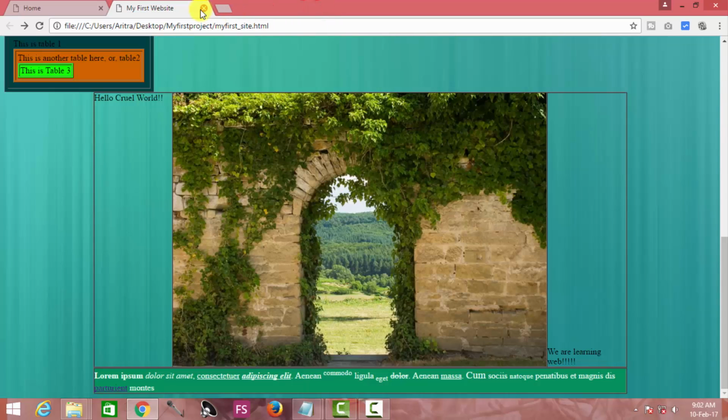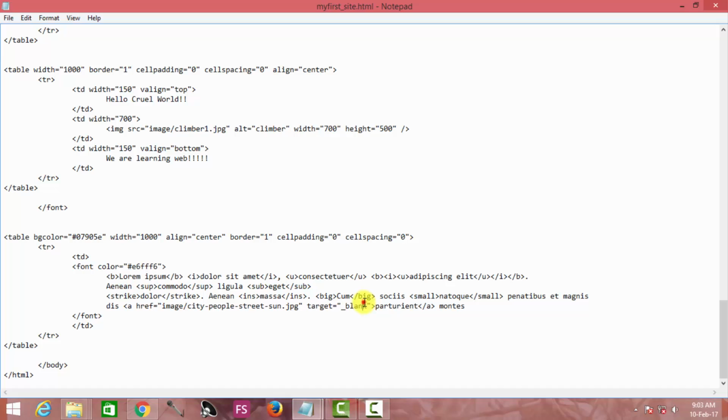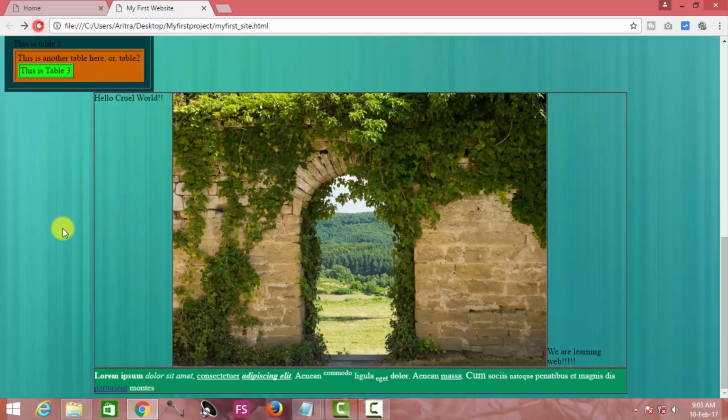So HTML uses four particular attributes for opening your linked document. They are known as blank, parent, self, and top. All of these have a different nature, a different kind of way of opening the image. Some of them open your document in a new window. Now if you use target self, go to File, Save, just reload. Now click, and you will see that your document is opening in the same tab.